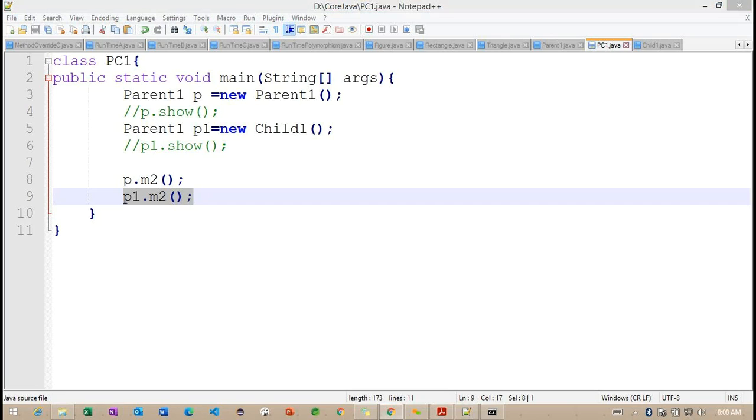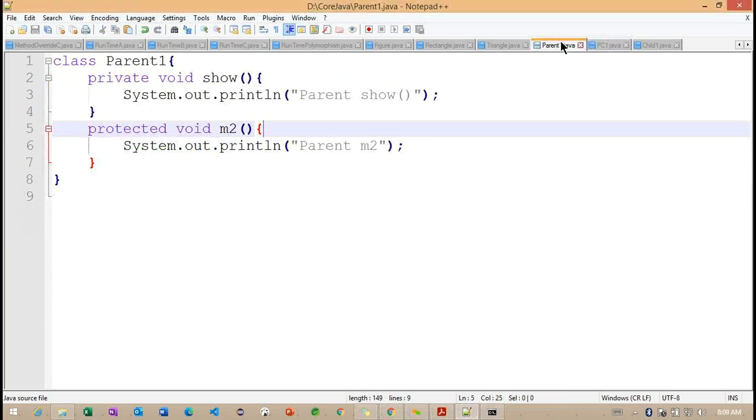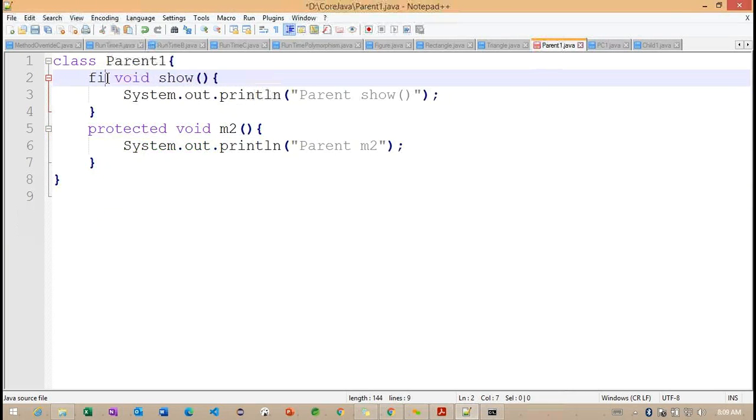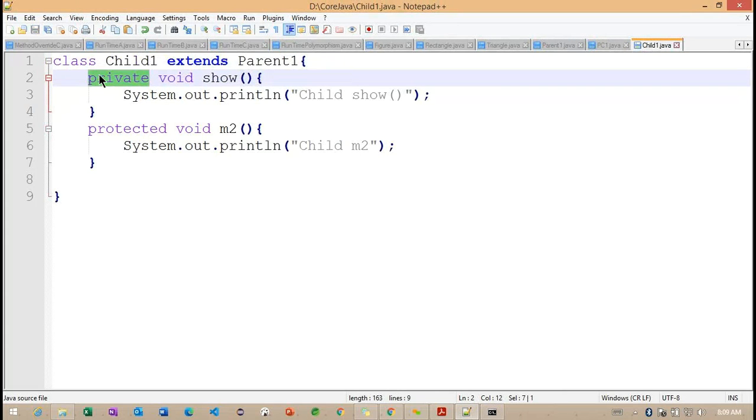Now one more example, I want to provide something called final. Here the private method, instead of private, now what I want to do is make it final. And here I'm trying to remove private.